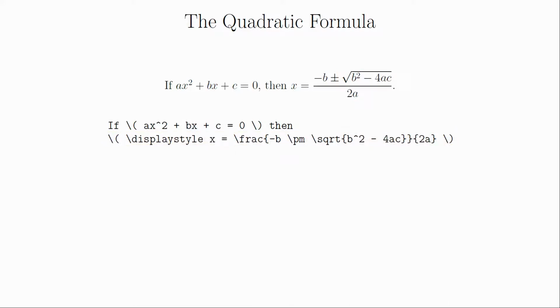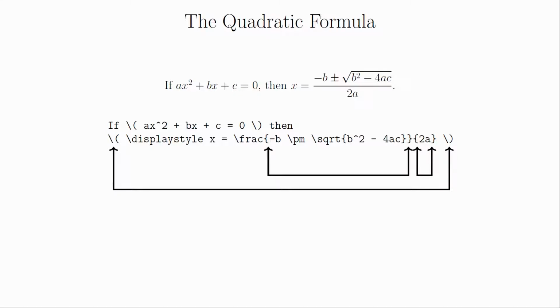Also, notice that all the brackets are matched up, from the ones that create the math mode, to the ones that are part of the fraction command, to the ones that are part of the square root command. This is absolutely critical. Every bracket you open must be closed, otherwise your document will probably not compile and probably not look the way you want it to if it did.